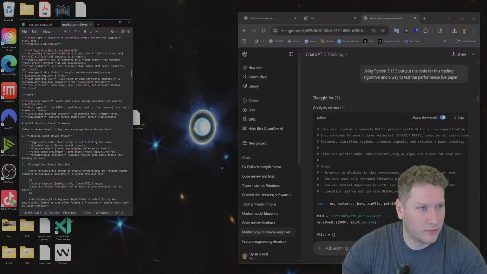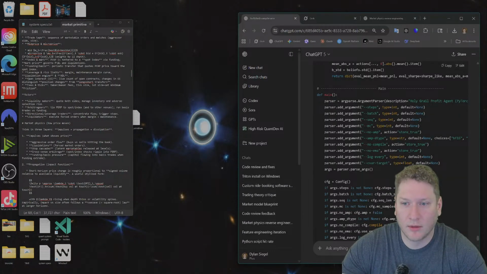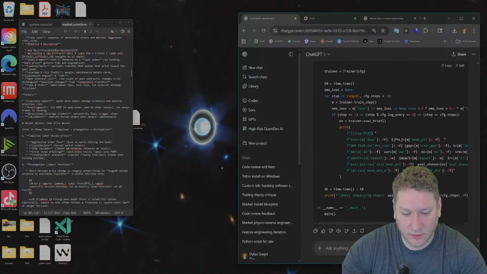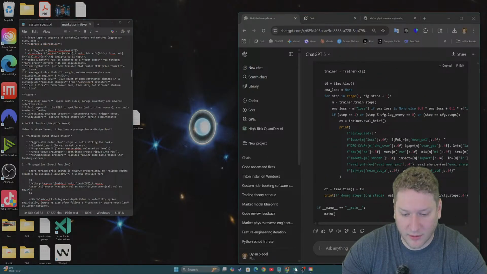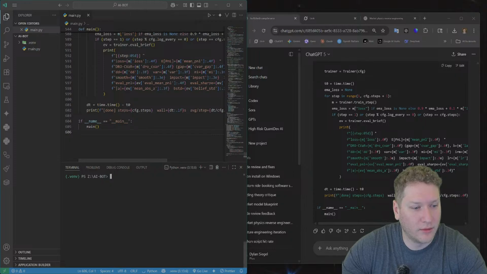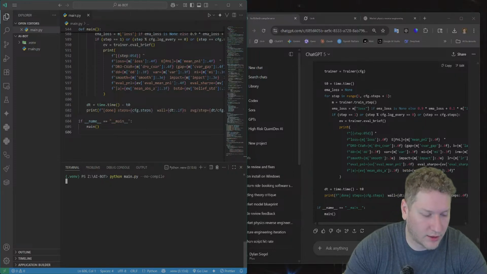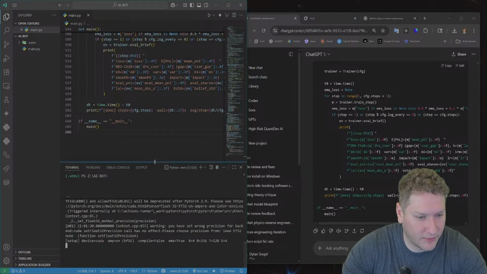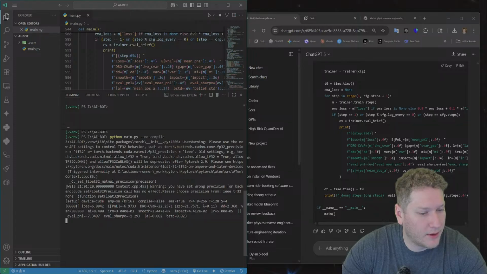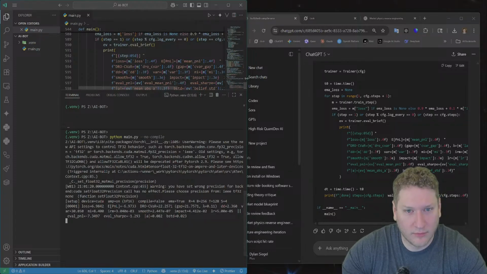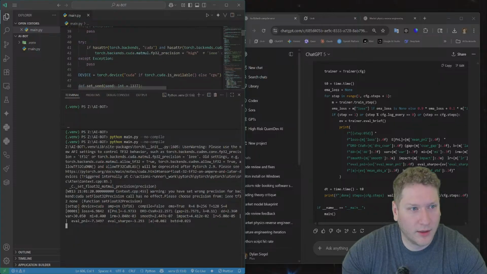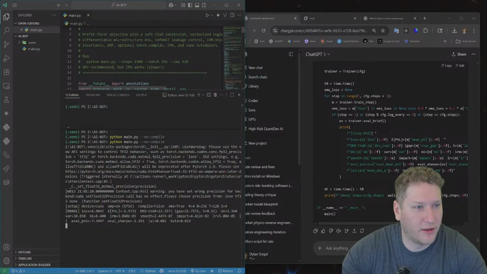So let's just see if that fixed the bug. Ah, shoot. It's not what I wanted to run, but I do want to compile. Let's run it for that 1500 steps here. Yeah, this one.